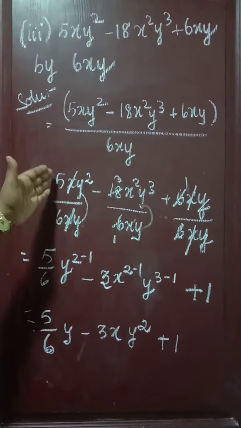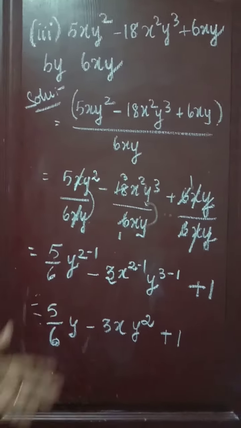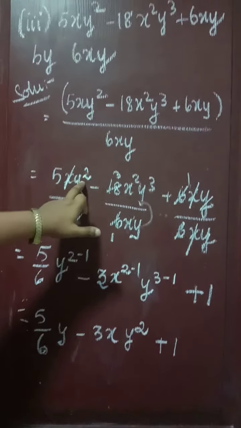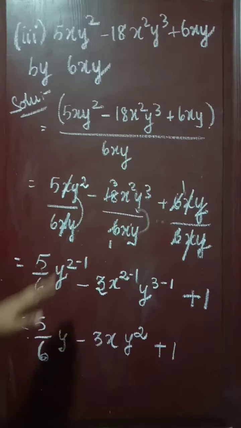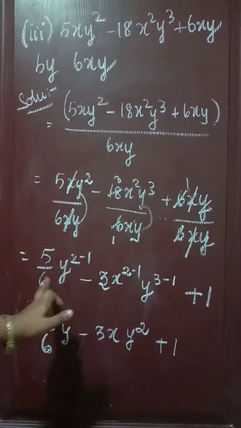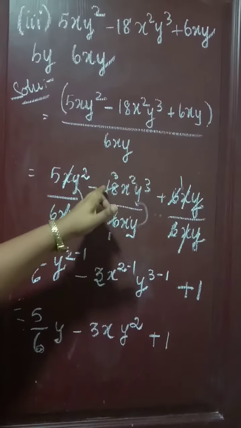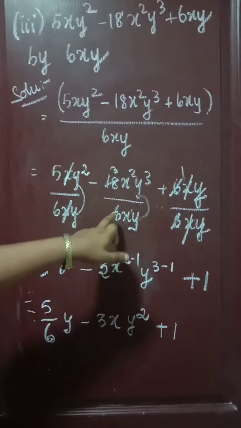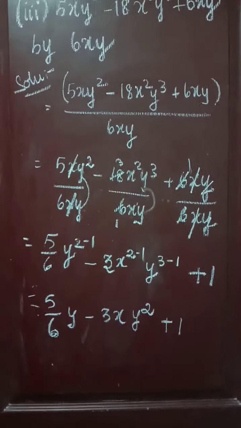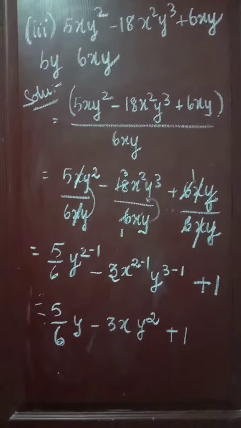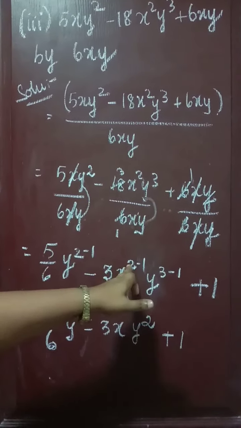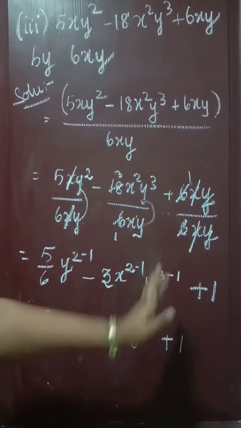So here listen, first you have to simplify the numbers. Here 5 and 6 do not cancel. So we write as it is. So next one, x and x cancel. Next here y squared, here y. So same variable in division. If the bases are the same, we subtract the power. So 2 minus 1. So come to this one, here 18 and 6. So 18 is divisible by 6. 6 threes are 18. So here I write 3. So next one, here x squared, here x. So here y cube, here y. So subtract the power. So x power 2 minus 1, y power 3 minus 1.